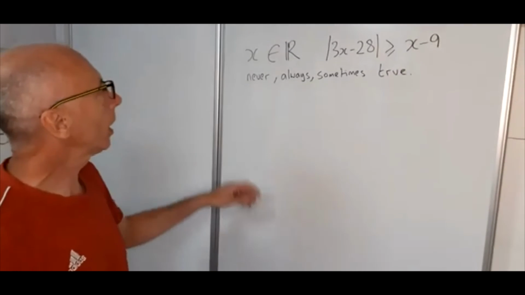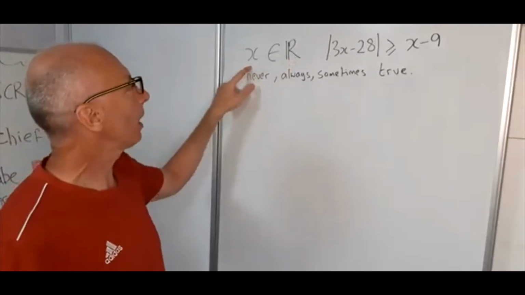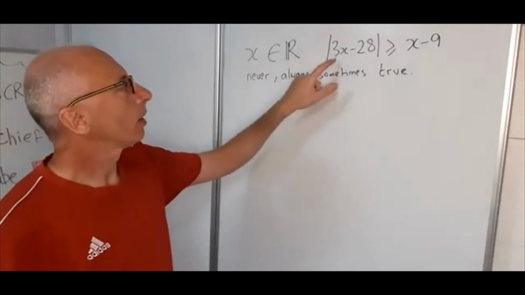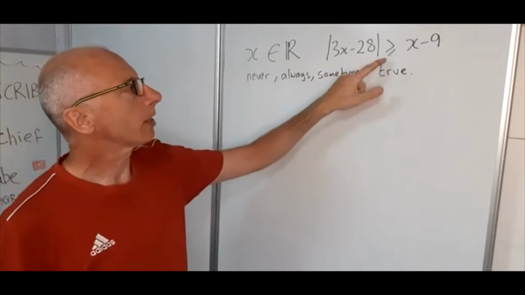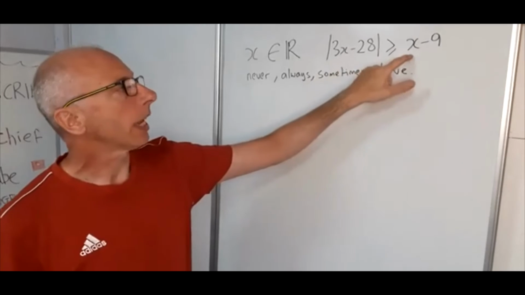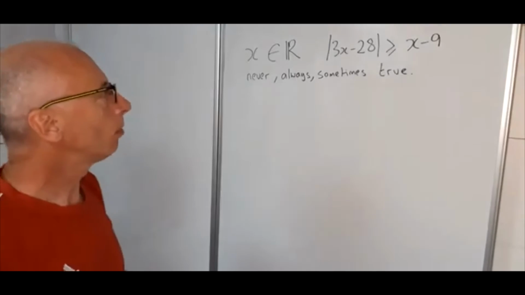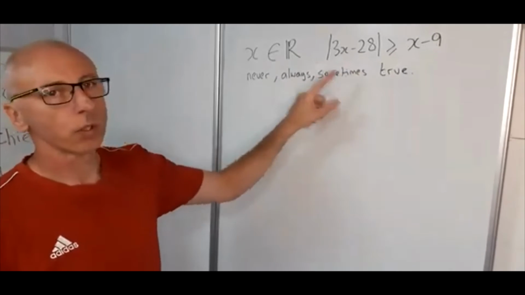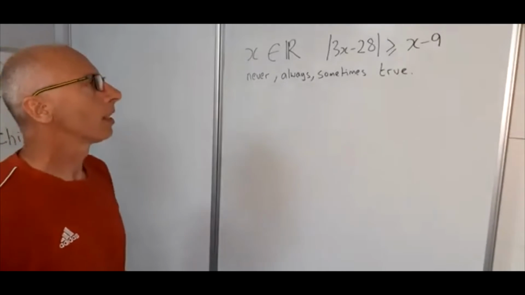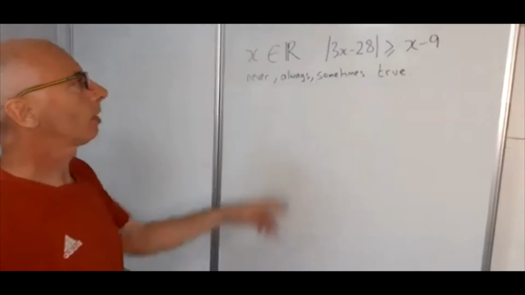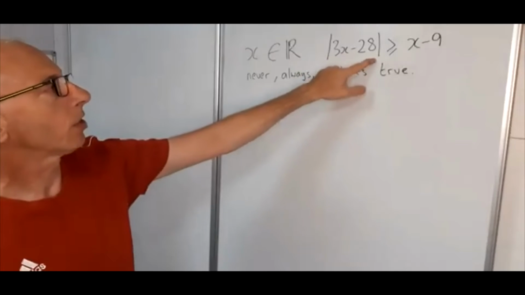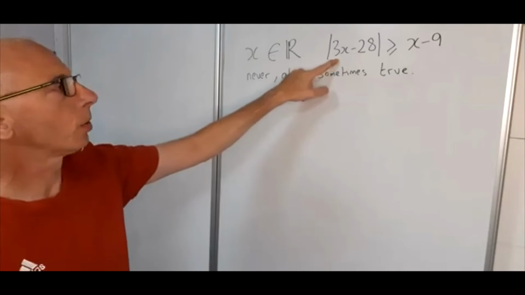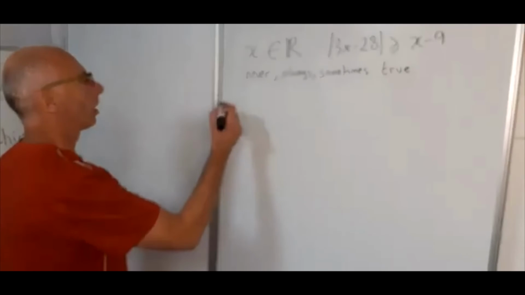Okay, so we've got a question here for x in the set of real numbers, so that's anywhere on the number line. The modulus of 3x minus 28 is greater than or equal to x minus 9. And what we want to know is, is this statement never, always, or sometimes true? So first of all, I'm going to do some algebra on this one. As it's modulus, we're going to have to split this up into 2 different equations. So the first one,